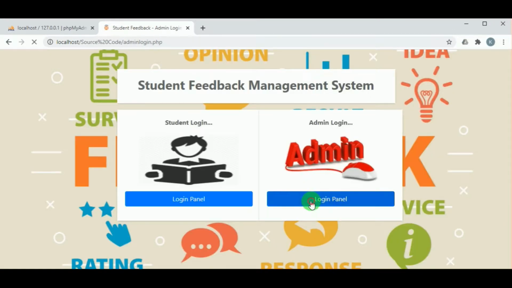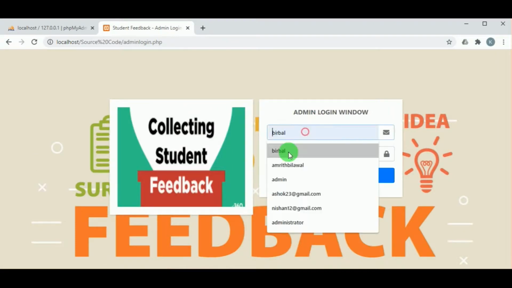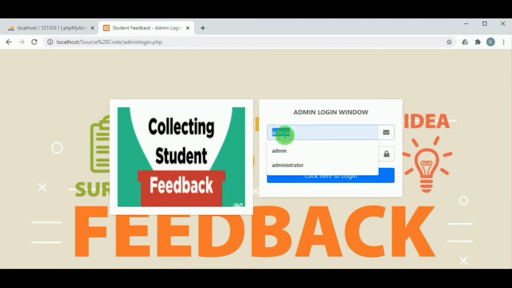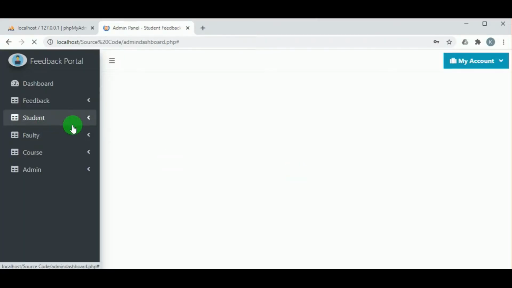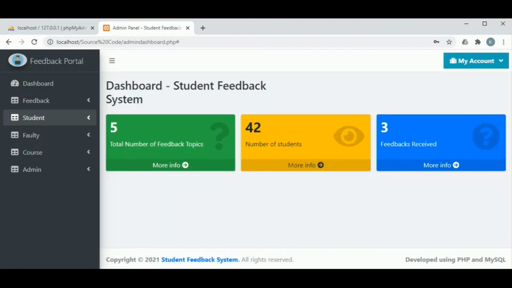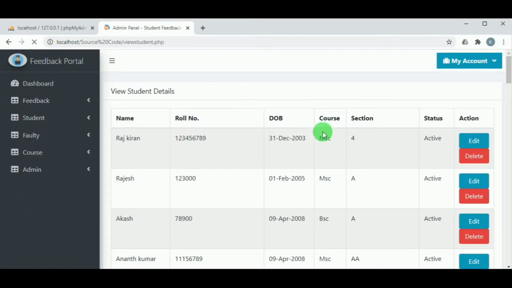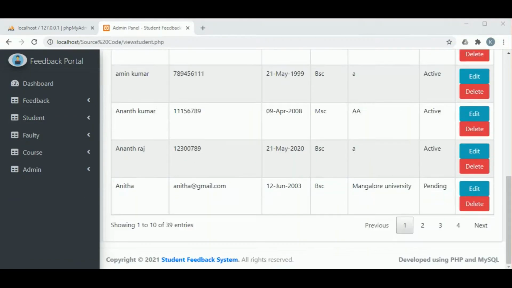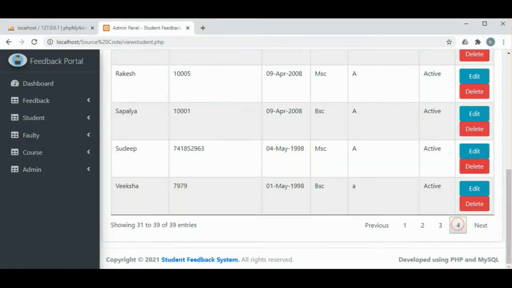Now let us log in as admin. So the admin will log in using the login ID and password. So the admin will log out, and in student, in view student, the admin can view all the students, and he can view the status of the student as active or pending.